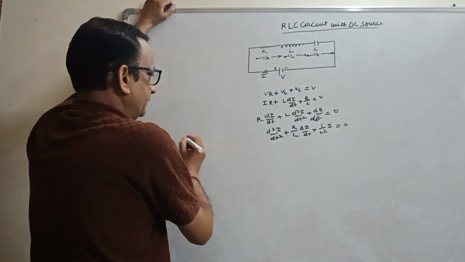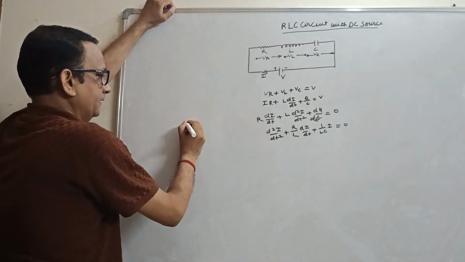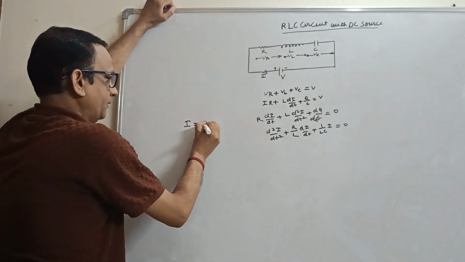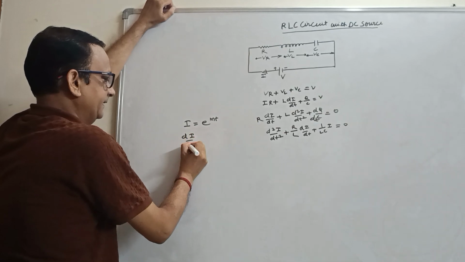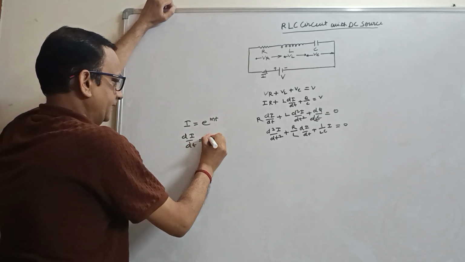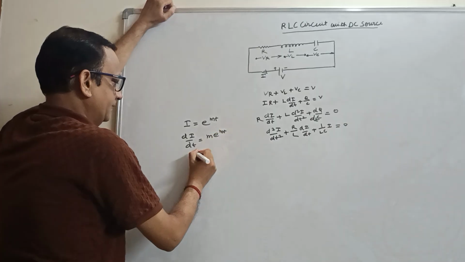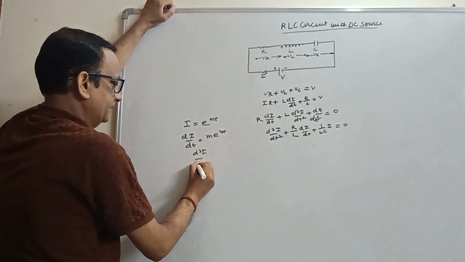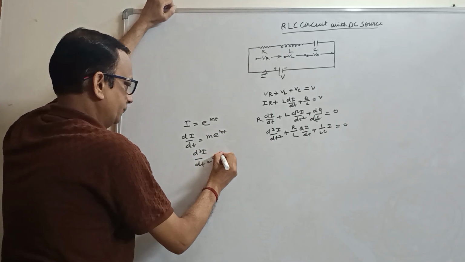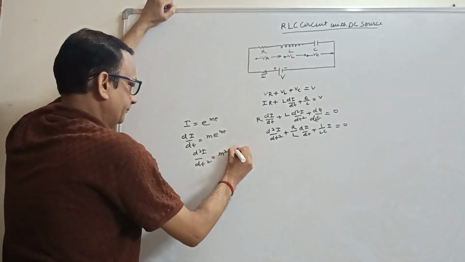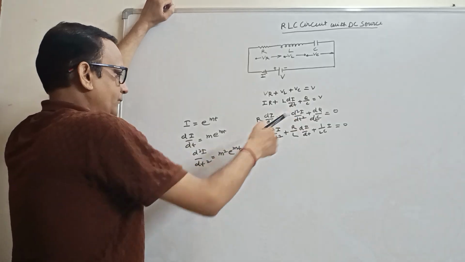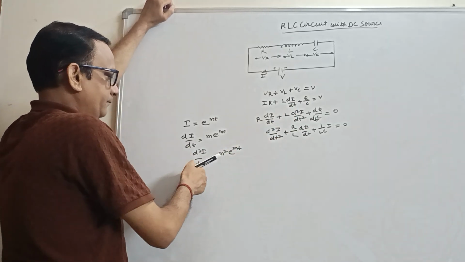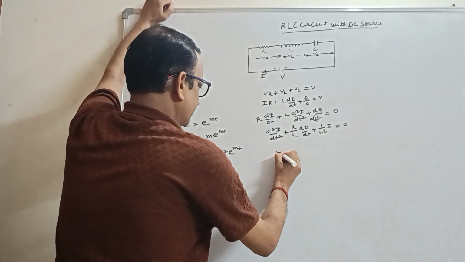So we put I is equal to e raised to power mt and differentiate: di by dt becomes m e raised to power mt, and d2I by dt square becomes m square e raised to power mt. Put these values here, the e raised to power mt term cancels out, and the quadratic becomes